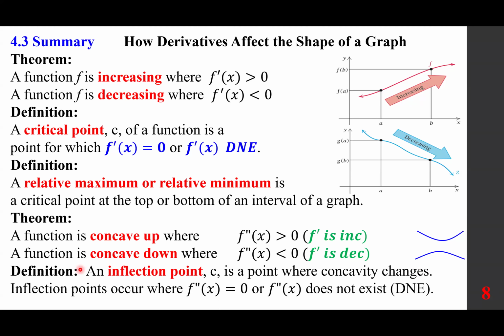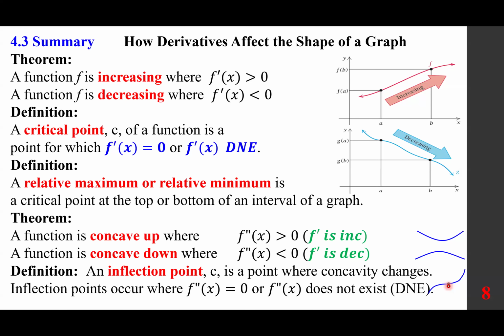An inflection point, IP for short. An inflection point c is a point where concavity changes. Inflection points occur where f double prime is 0 or f double prime does not exist, DNE. So as you can see here, this is concave down, concave up, and at this point where concavity changes, we call it a